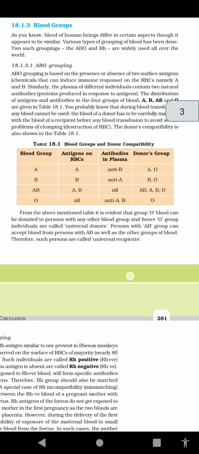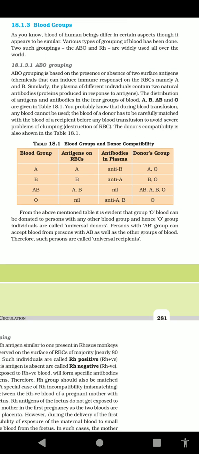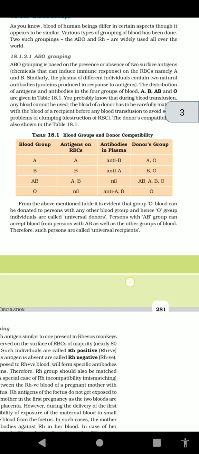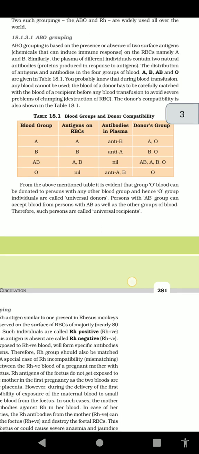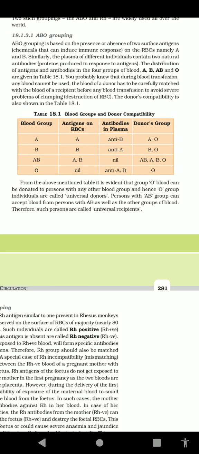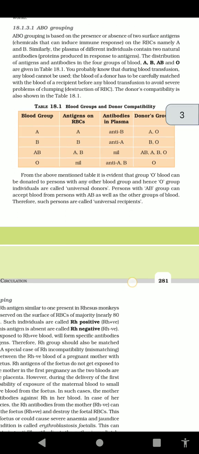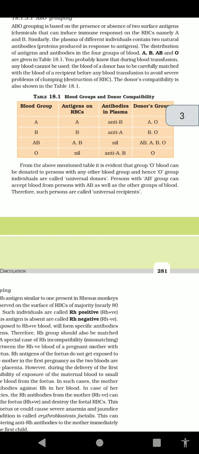As you know, the blood in humans differs in certain aspects though it appears to be similar. Various types of grouping of blood can be done. Two such groupings, the ABO and the Rh, are widely used all over the world. ABO grouping. ABO grouping is based on the presence or absence of surface antigens, chemicals that can